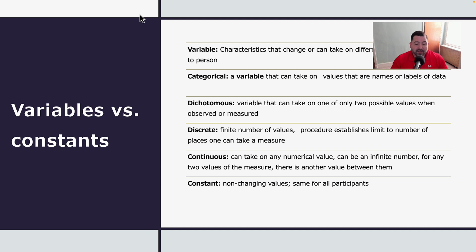So for example, if we were to think about things on a dichotomous variable, I might be interested in knowing whether or not the income of people who are younger than 45 years of age, if their income on average is different from people who are over 45 years of age. In that type of situation, you would either belong, based off your age, to the group that is younger than 45 or the group that is older than 45. So you would fall into one of those two groups, one of those two possible choices,